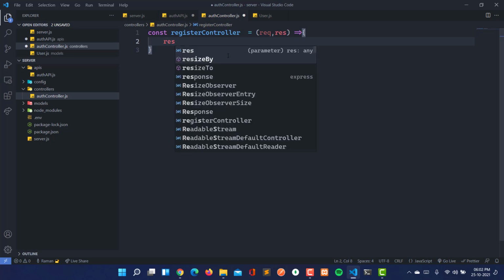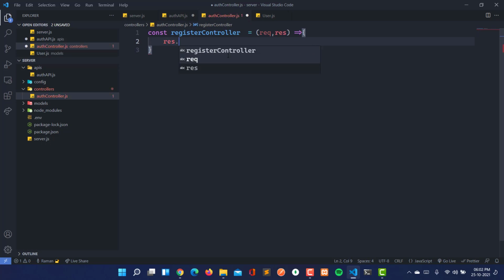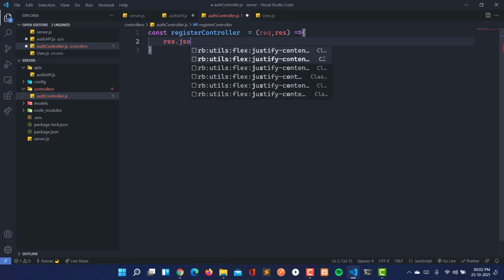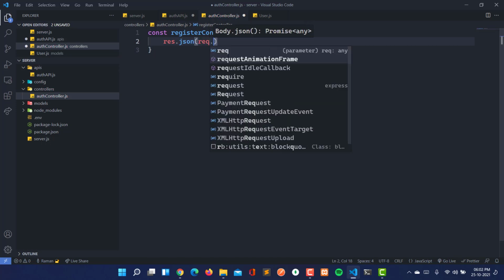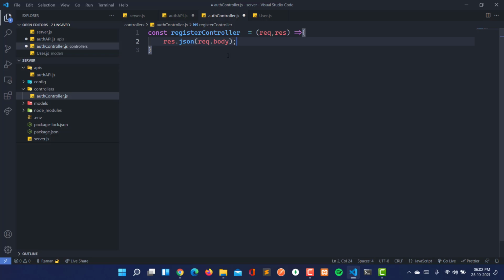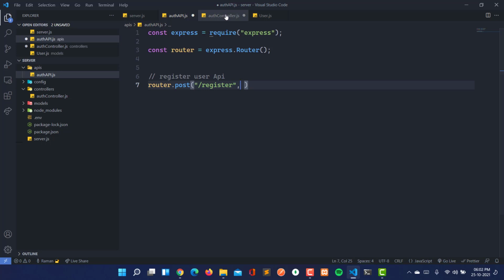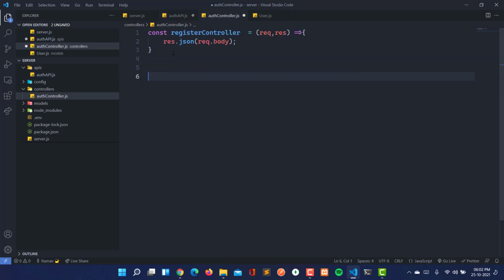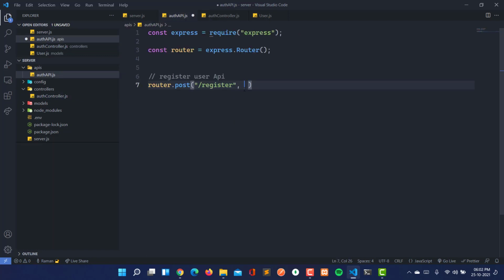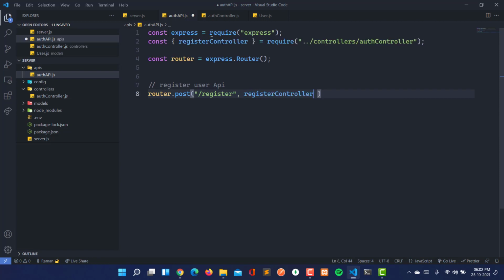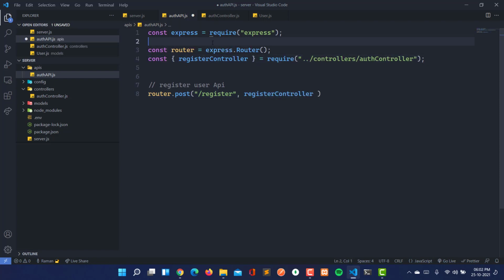And here let's first of all just send response.json with request.body, just to see the response. Now we are going to use this controller here, so we also have to export this controller. So here I'm going to write module.exports, and we are going to export the register controller. Save this.